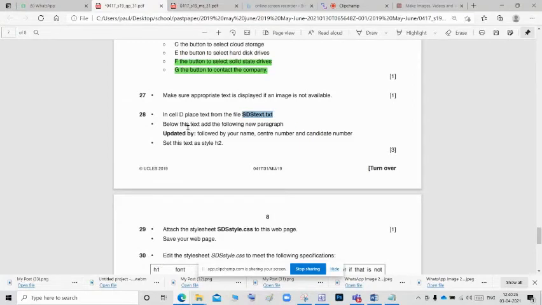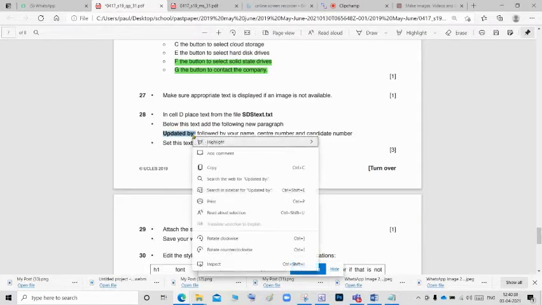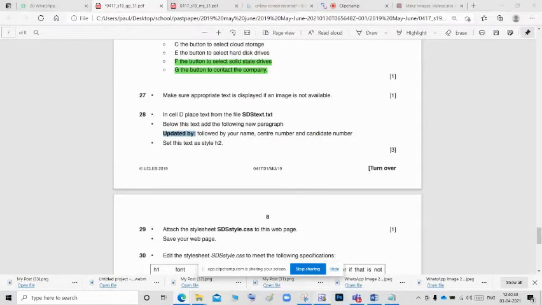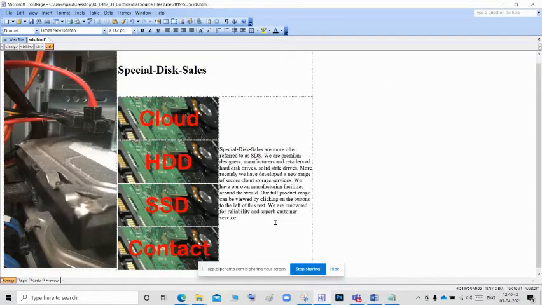Next, below this text, add the following new paragraph. So below this text, we are going to add the updated by line like this. After this paragraph, for the new paragraph, I'm going to type updated by, your name, the number, and candidate number.